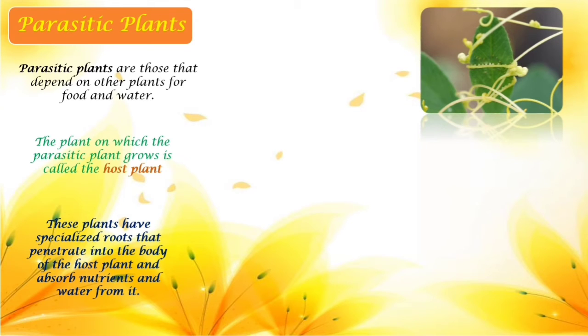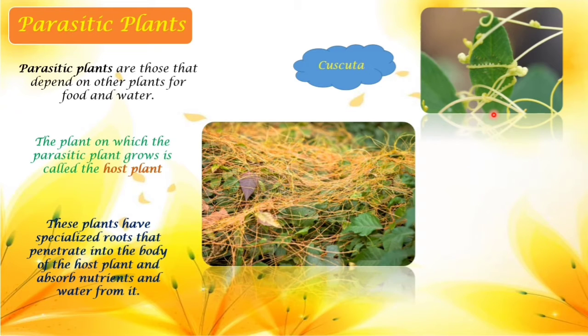One such example is cuscuta. Okay, see how exactly it is present. It has trapped the other plant. See, it has completely trapped it, so that it will produce the root structures to absorb the nutrients. And this is the exact structure. See how it overlaps the entire plant. There is another plant underneath, and this cuscuta has grown on top of it like this, not allowing the other plant to grow further. And sometimes it will even kill the host plant,